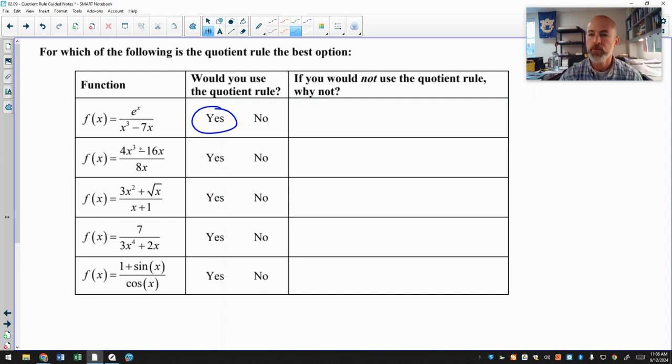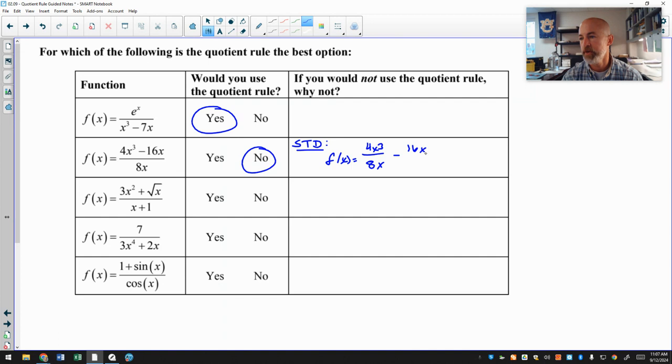Let's look at the second one, 4x cubed minus 16x over 8x. And would you use the quotient rule on that? While you could, I would not, because here I have one term in the denominator, and I call this an STD, a single term denominator. And if you have a single thing in the denominator and you are adding or subtracting in the numerator, then you could rewrite this function as 4x cubed, the first term divided by the denominator, 8x, and then it's minus